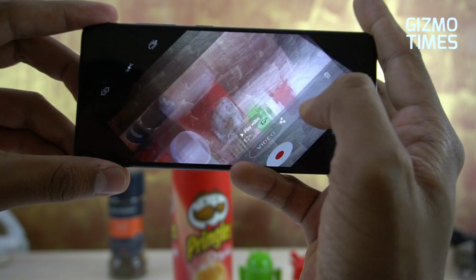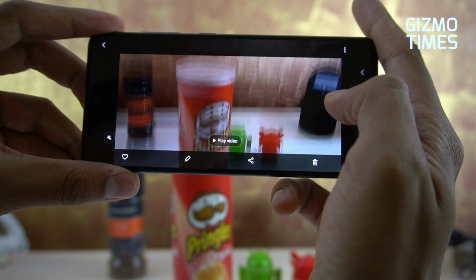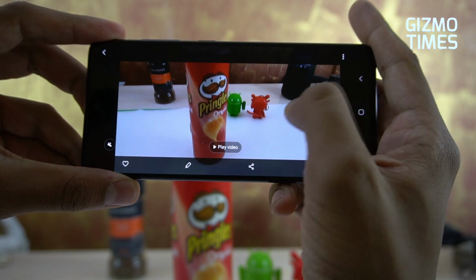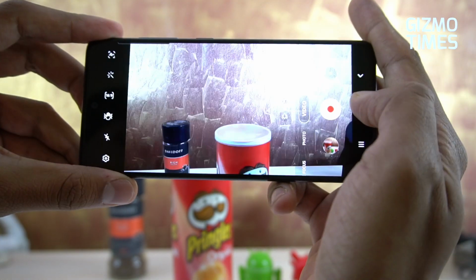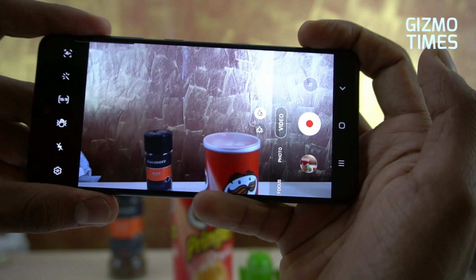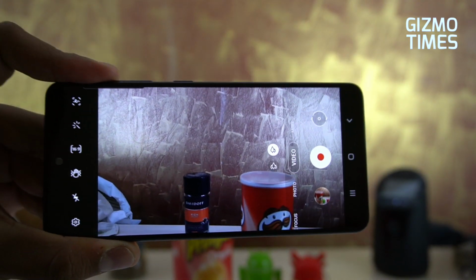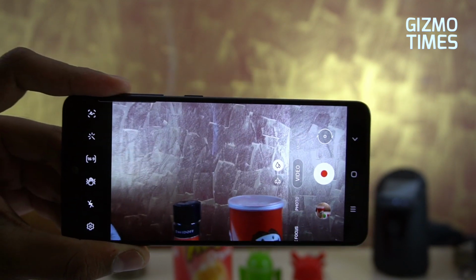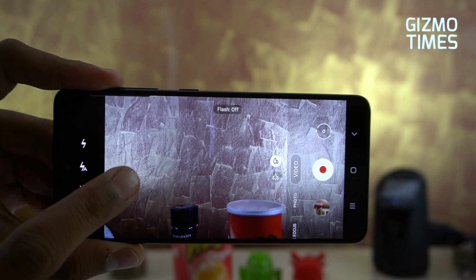You'll see that obviously there are some differences between both. This is without stabilization and now this is with the stabilization. You'll see that it's less dragging here and it's pretty stabilized when you turn this on. But one thing is that it would actually make things a bit more stretched out. So if you're okay with that in the landscape videos, then using the super steady mode would be pretty good